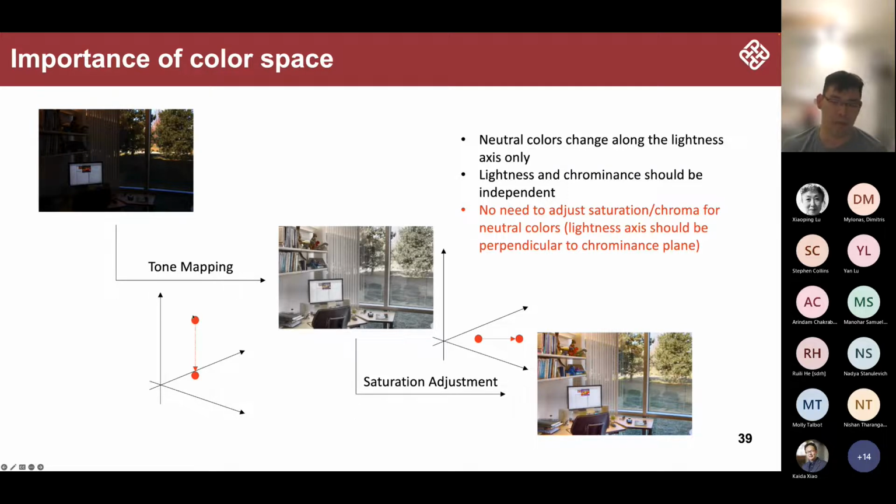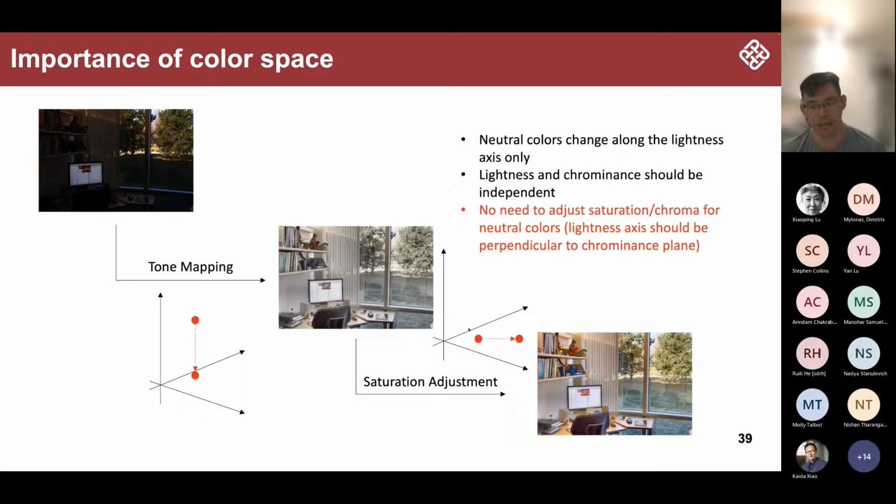We basically compress the luminance channel and try to make the luminance channel shown very accurately on the display, so we need to have a UCS, a uniform color space, so that we can compress only the luminance channel, or along this lightness axis. Then the second step is we need to adjust the saturation, so that we maintain the lightness and only increase or decrease the chroma. This is the typical thing we do in the ISP pipeline.